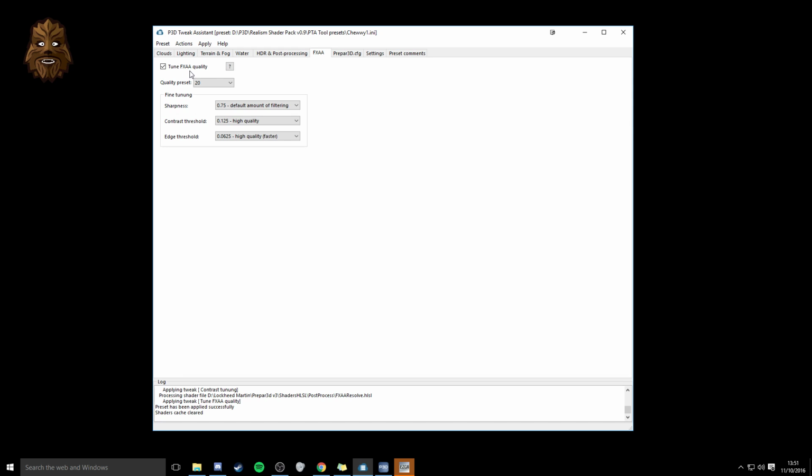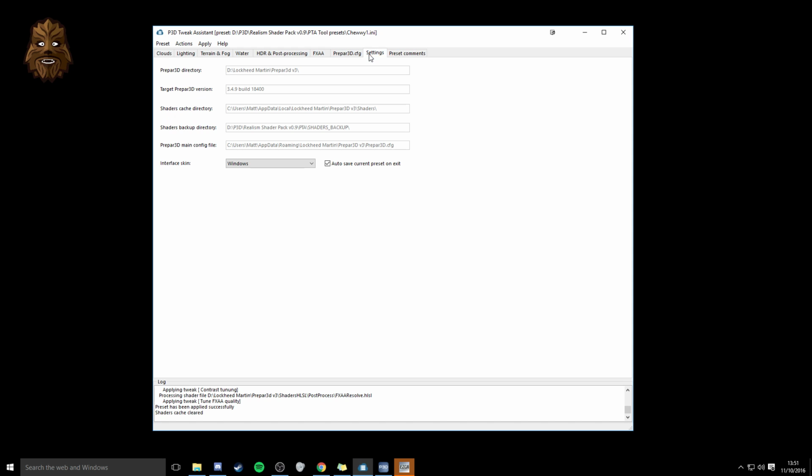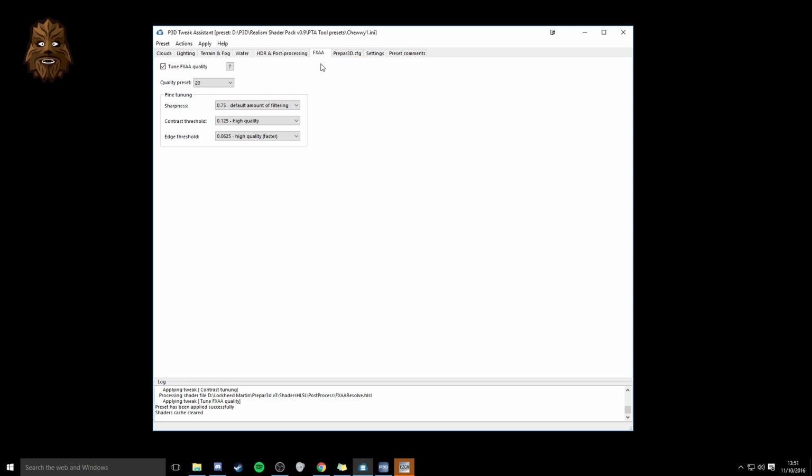FXAA, I do have FXAA tuned. And you can see the sharpness there is at 0.75. Contrast threshold is at 0.125. And edge threshold is at 0.0625. And that's pretty much it, guys. There's not really too much else that is there. You can see I've got my prepared settings set up,